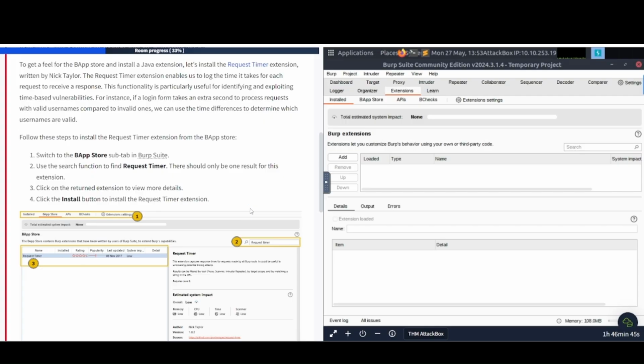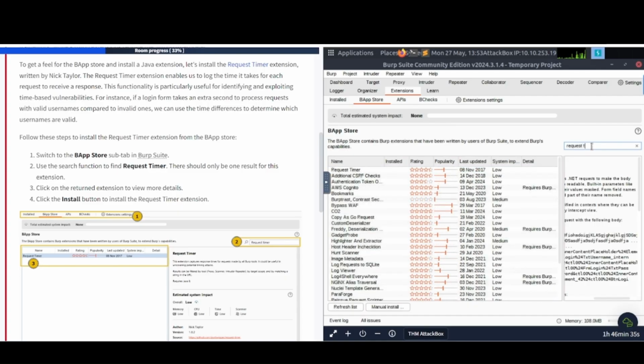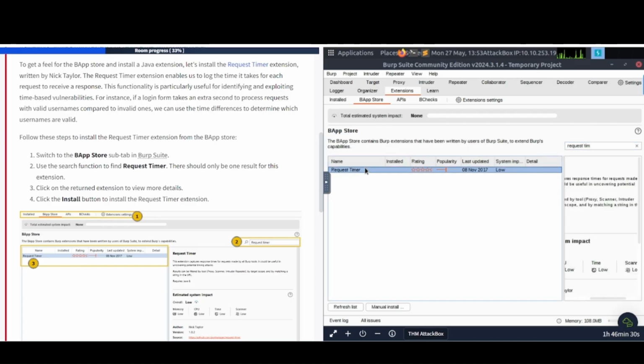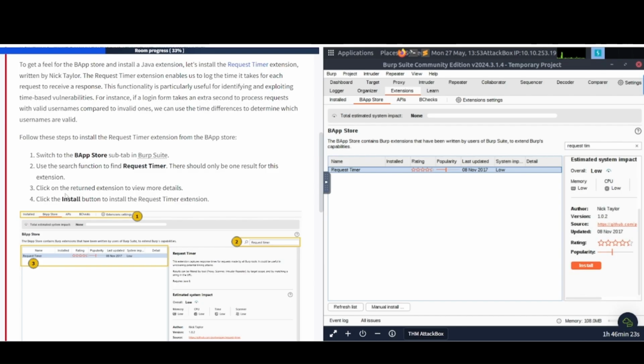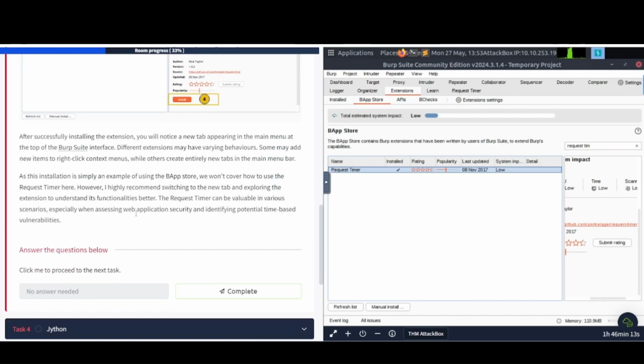Well, let's go ahead and follow these instructions. The BApp Store. Use these search functions to find Request Timer. So let's go ahead and type it in. Request Timer. There we go. Now if we click it, let's see what it says down here. Request Timer. Click on the returned extension to view more details and click Install. All right. There we go. Now it's installing. After successfully installing the extension, you will notice a new tab appearing in the main menu at